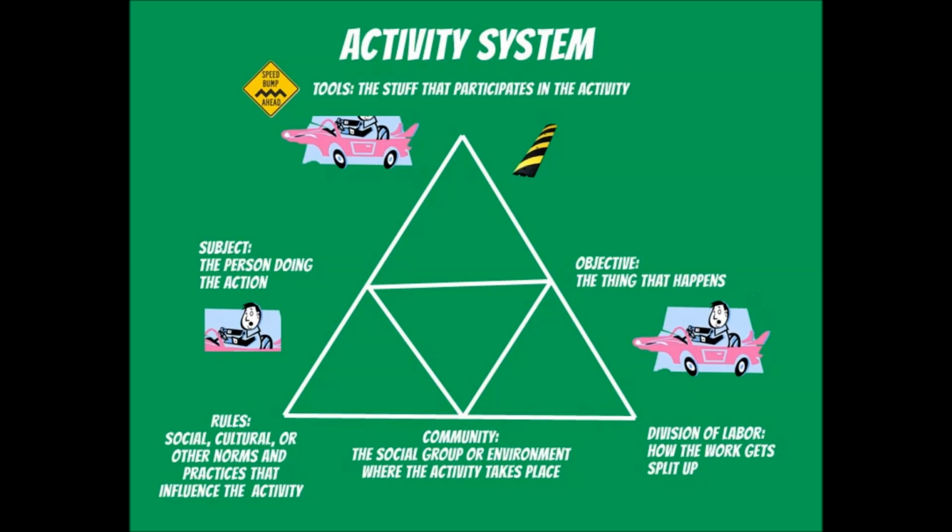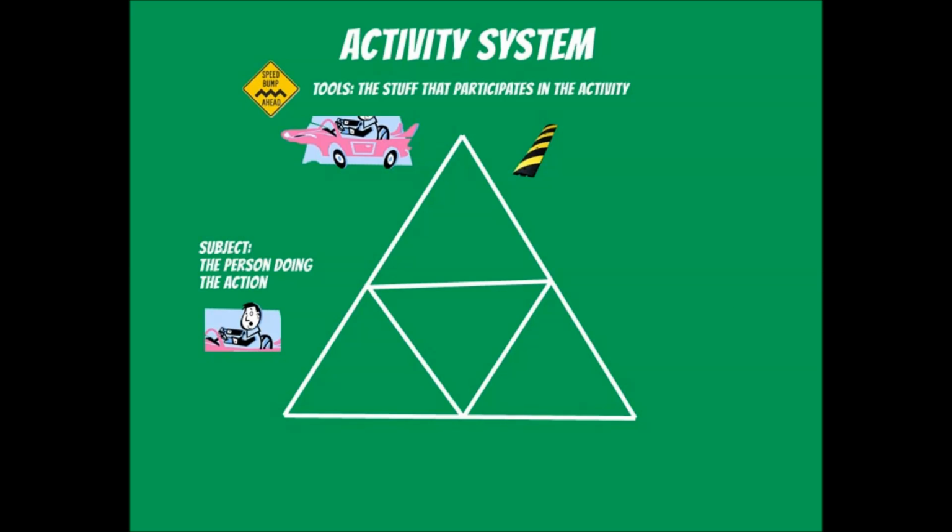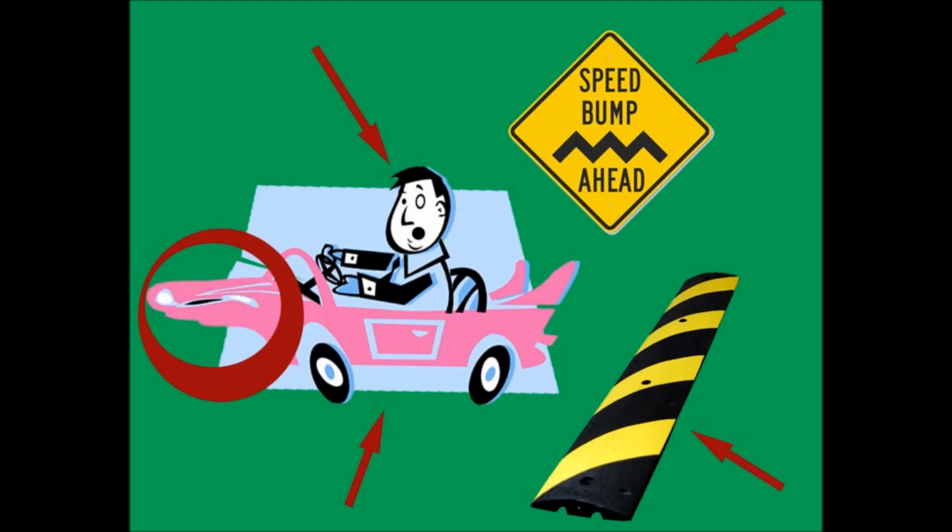So the subject, tools, community, division of labor, and rules all work together as a network to make our object or activity possible. If you remove any of the actors from this system, it either ceases to operate or has to function really differently. Now, the downside of our happy little triangle diagram is that it makes the activities seem straightforward and uncomplicated. But that might not be accurate. Because if we're calling the tools and rules actors, that means that non-human things impact the way that humans behave. In other words, your stuff kind of controls you. Here's an example of what I mean.